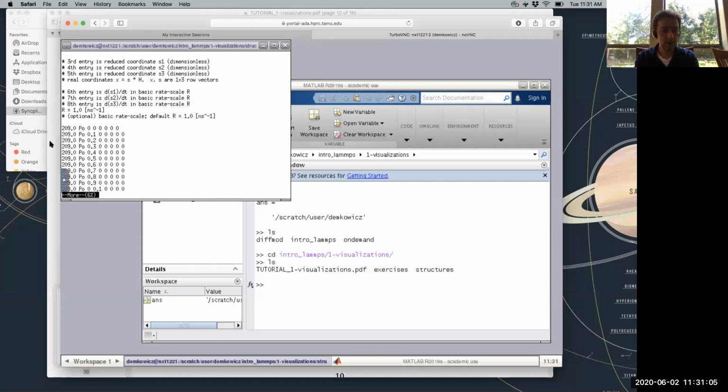But anyway, this file consists of a bunch of rows, which contain basically all the atom names, right? So what I'm going to do here is just figure out a way to write down all these atom coordinates. Okay, and I'm going to do that in Matlab.